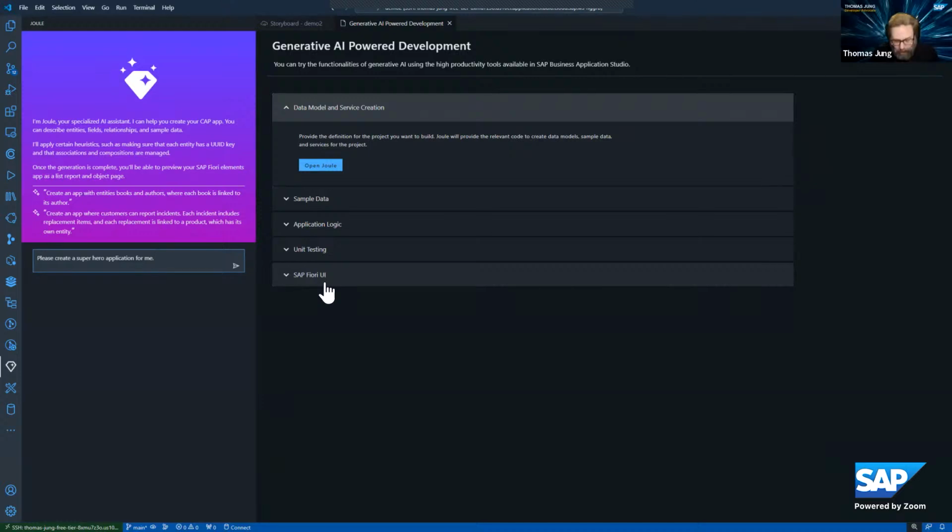So, please create a superhero application for me. I want one main entity for superheroes and their typical attributes. Then two other entities, if I can spell today, one for superpowers and one for secret identities.